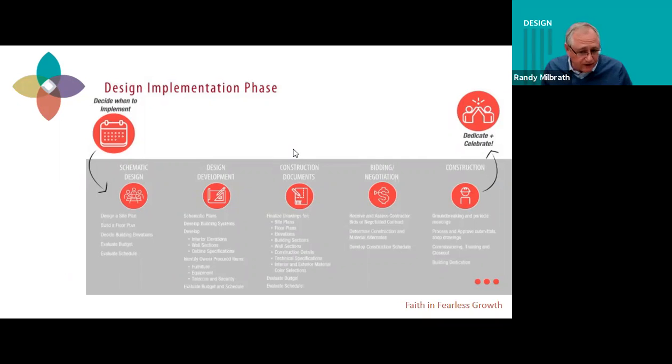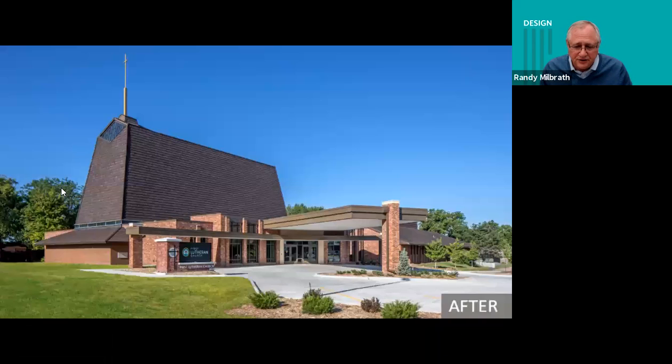There's a lot of different ways to do that, and many steps and an enormous amount of detail to get there. So once you decide you're ready to build something, it's probably going to take about, again, 4 to 6 months of design time with engineers and architects, and a year to 2 years typically, depending on the complexity of the project. So you've got a couple years of time before you're celebrating in your new space. So it takes some dedication.